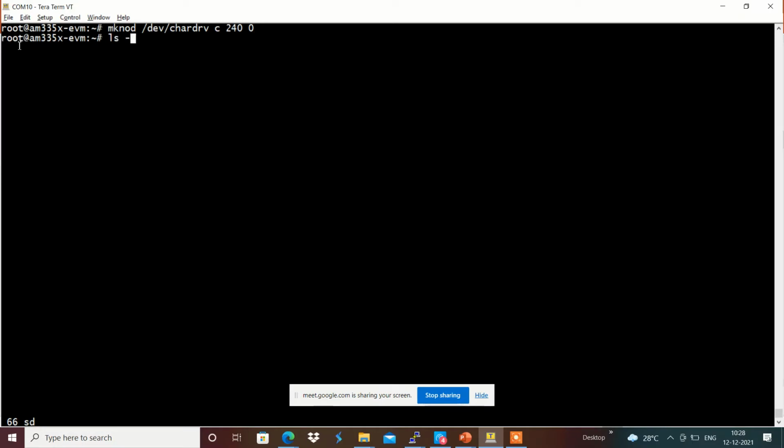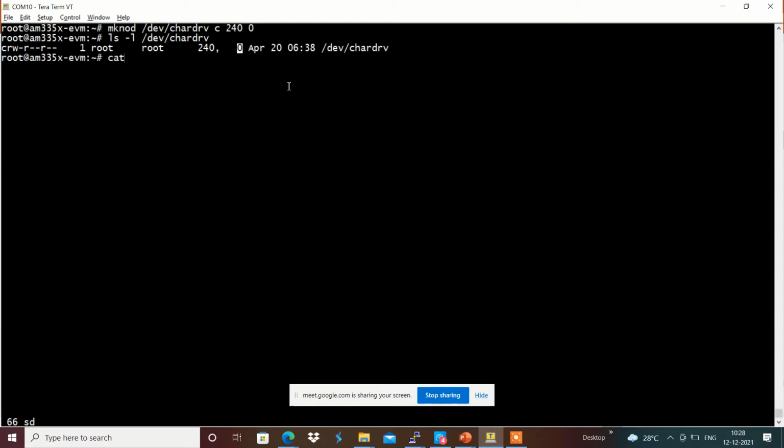Now I have the file /dev/character_driver over here. In this, it has a c, which is the character device file, and it has the major number of 240 and minor number of 0 over here.